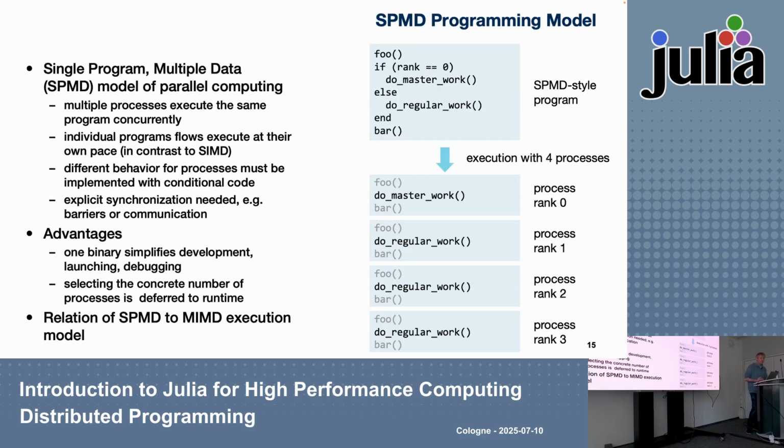Now, how does a program look like? We have our SPMD style program. Therefore, it's one code for all of the ranks. And when every process starts, it can ask the framework, okay, what rank am I? And then differentiate what it should do depending on the rank. Rank is simply the ID of the process. From 0 is usually the root or master rank, whatever you want to call it,